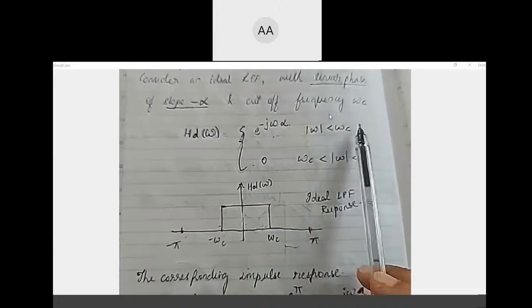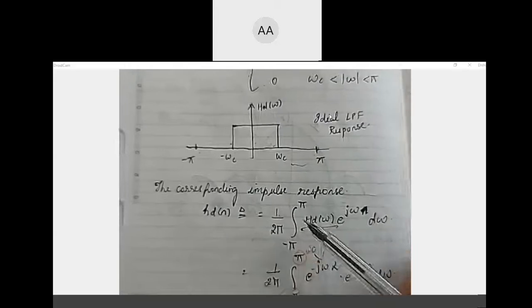For the low pass, frequencies are being passed, and the high frequencies, since it is periodic with 2 pi, we write the range from minus pi to pi. So any frequency from omega c to pi is 0. So that is the meaning, since we are representing a low pass filter. See, this is very important. You understand the nature of the filter by looking at this inequality. Okay, so make sure you remember that.